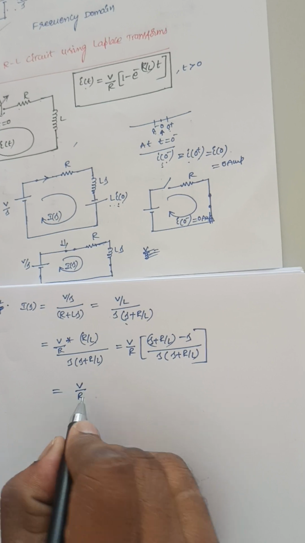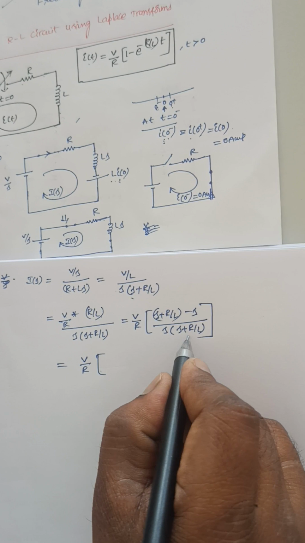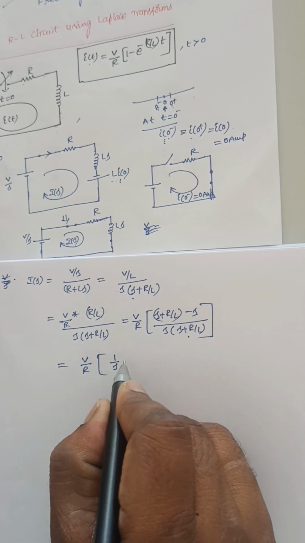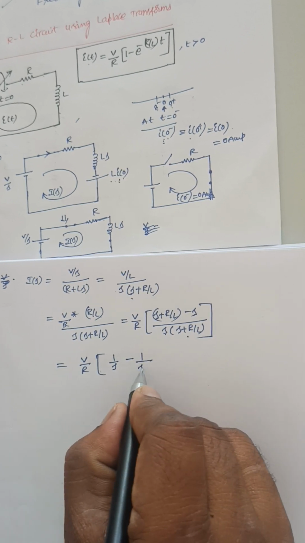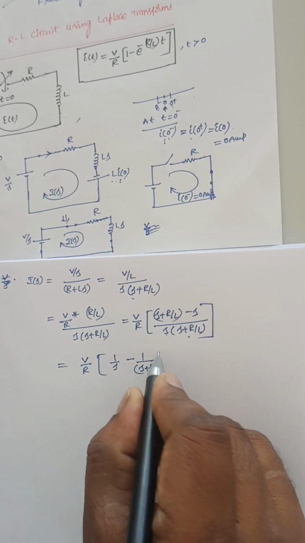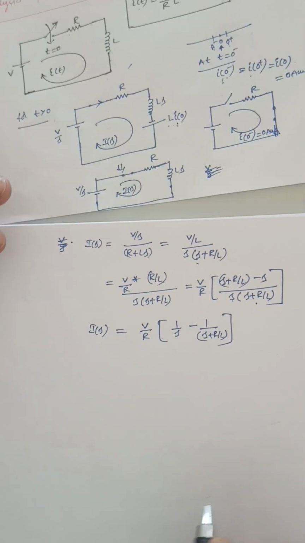So this can be written as V by R into S plus R by L. This S plus R by L will get cancelled, so it will become 1 by S minus, this S and this S will get cancelled, so it will become 1 by S plus R by L. So it is I of S. If I apply